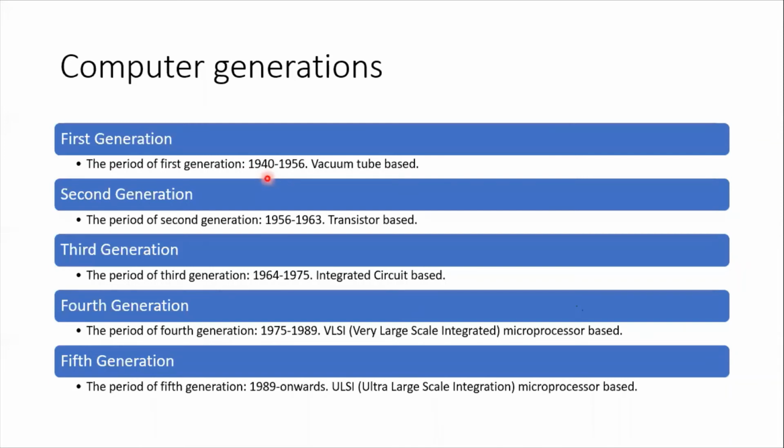I'm not focusing much on computer generations in your subject, but you should know the basics: how these historical changes were made, how different versions arrived in the world, why they arrived, what major issues they faced at that time, how they solved them, and why it was a huge jump from one step to another. So you can do a small